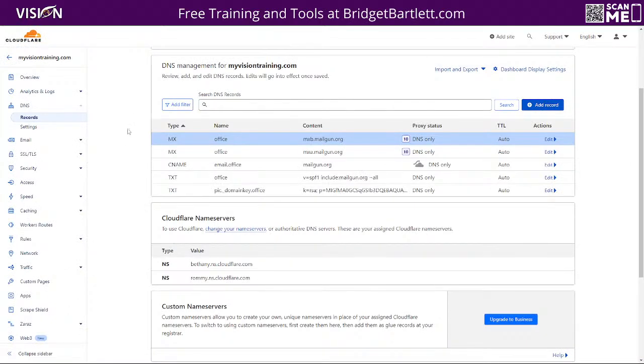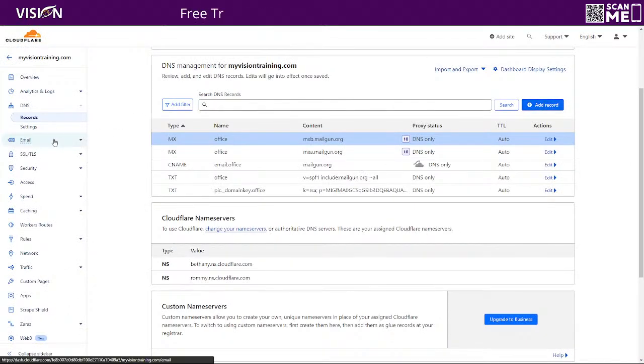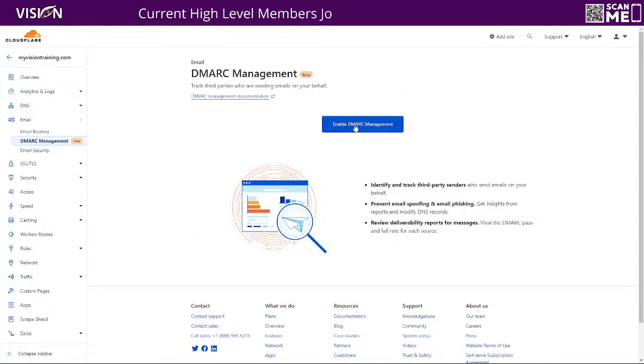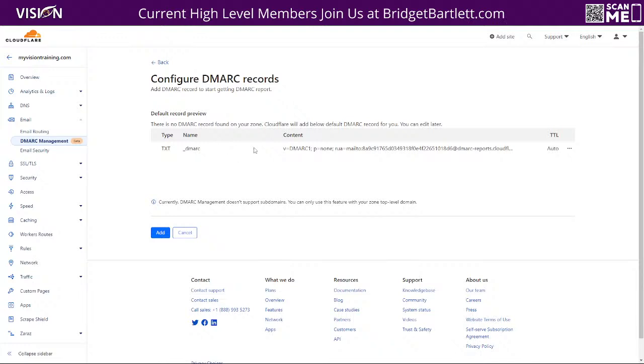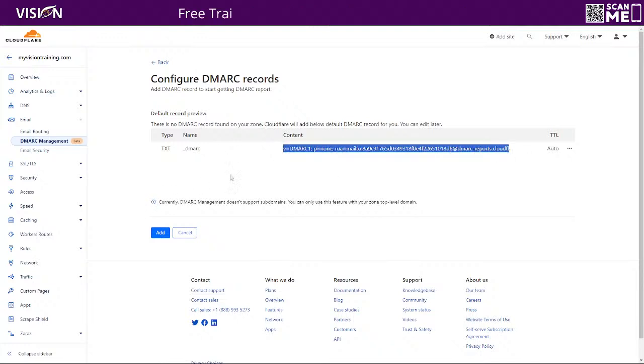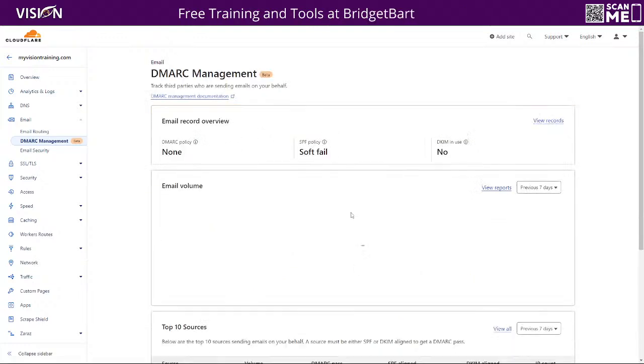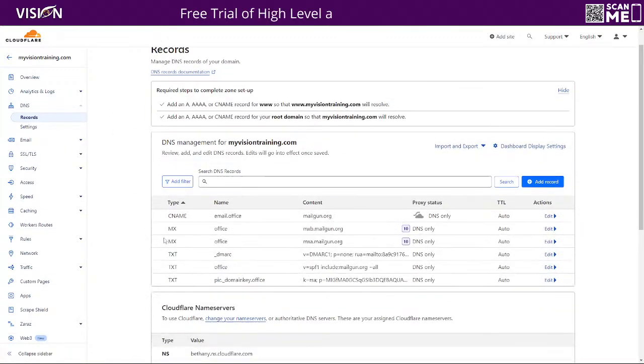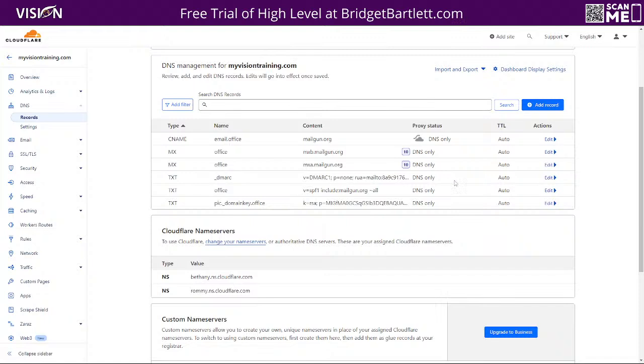Now, if you're using Cloudflare though, Cloudflare makes this really simple, just like usual. All you need to do is go inside the domain. You're going to go to DMARC management. And when you click enable DMARC, you'll see here that it actually creates the record for you. And then all you have to do is click add. And now you have that DMARC record in your DNS. Okay. So you can see here now we have DMARC. All right. So the only thing that I would have to do now to set up this account is simply